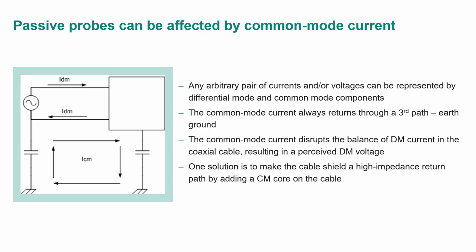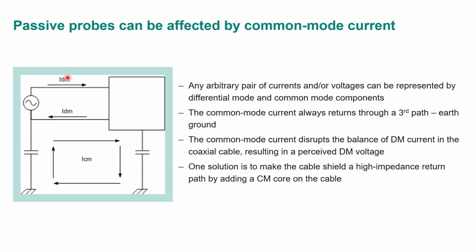I mentioned that passive probes can be affected by common mode currents. This is just an illustration to show that and to understand where that current comes from. The signal of interest here, if this is my signal generator, this is my circuit I'm measuring, and this is my coaxial cable going to my scope, I have inside of the coaxial cable of the probe completely matching and balancing current. So this gives me that shielding effect, and essentially everything outside of the cable is ignored. All of the electric and magnetic fields are contained inside the cable.